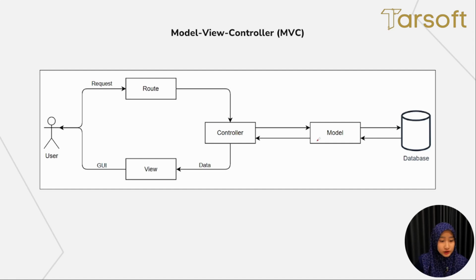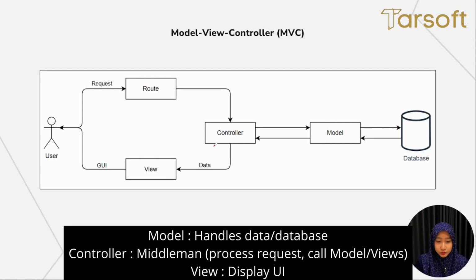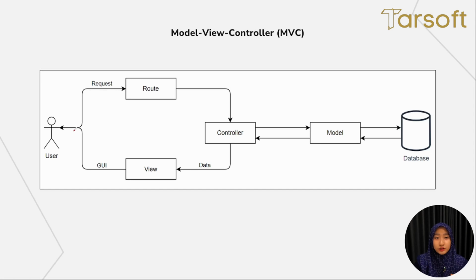Model is going to manage the data, while controller is going to process requests and call view, which is going to display the data to the user. Well, how does this MVC happen in the first place? Let's give an example of